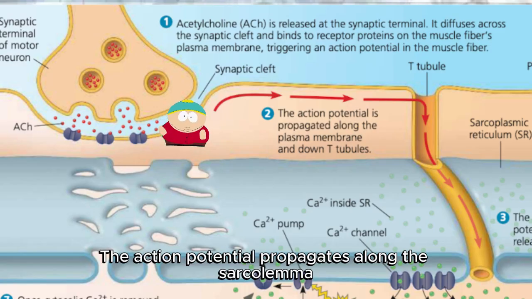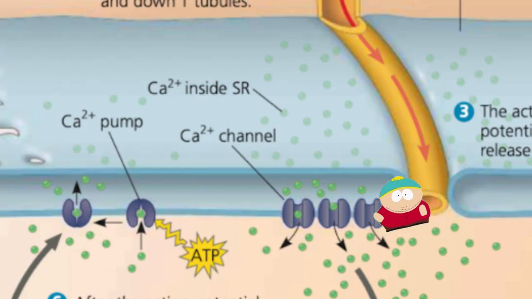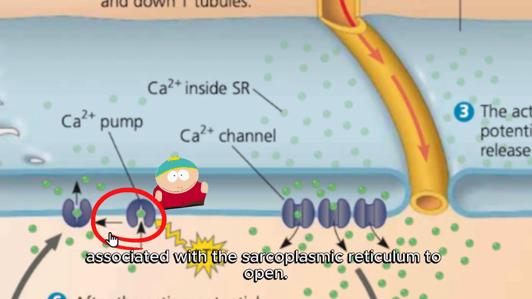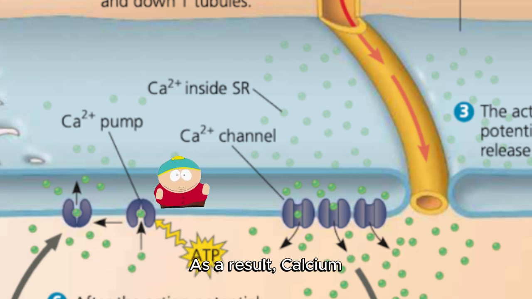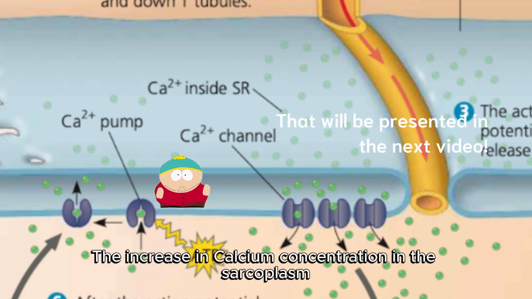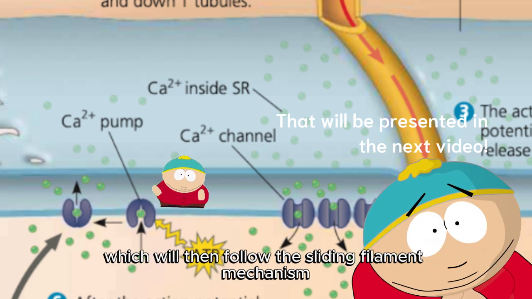The action potential propagates along the sarcolemma and travels down structures called T tubules. This electrical signal then triggers voltage-gated calcium channels associated with the sarcoplasmic reticulum to open. As a result, calcium ions are released from the sarcoplasmic reticulum into the sarcoplasm. The increase in calcium concentration in the sarcoplasm initiates the process of muscle contraction, which will then follow the sliding